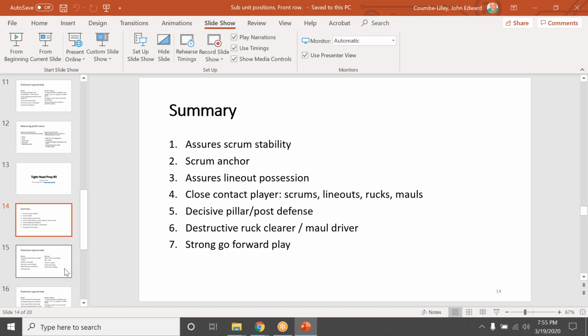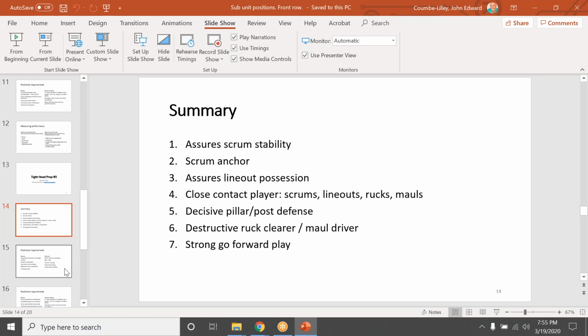Okay, so I'm going to take you straight to number 3, because essentially the role and responsibility of the tight head in all other aspects of the game, apart from the scrum, is the same as the loose head. So I asked Ariane at the top of this, what's the difference? And the tight head is absolutely rock solid. They're the anchor deliberately. So the stronger the body position and the ability of our tight head to take the pressure and to make sure that their loose head gets no leverage, makes no ground, makes no gain on them,